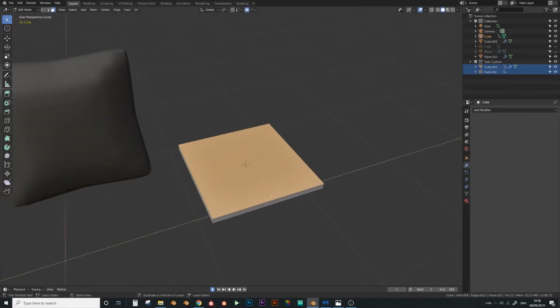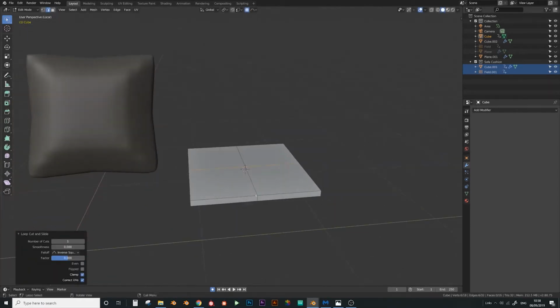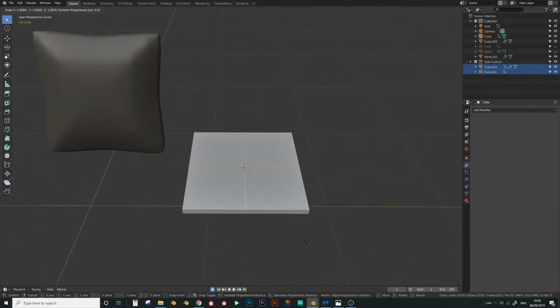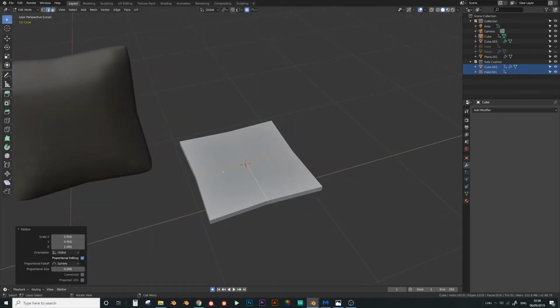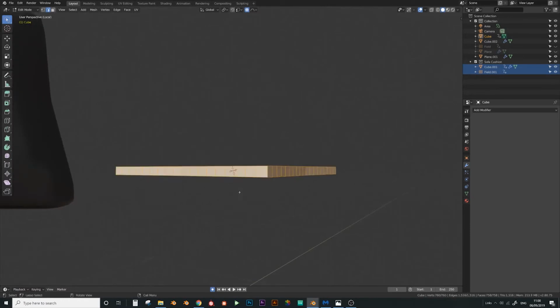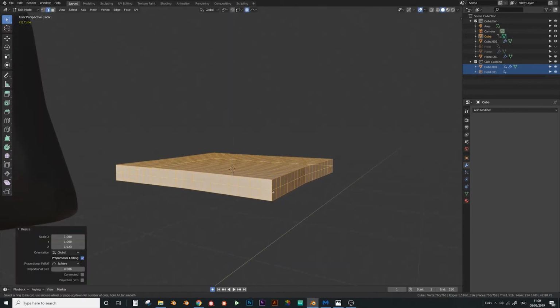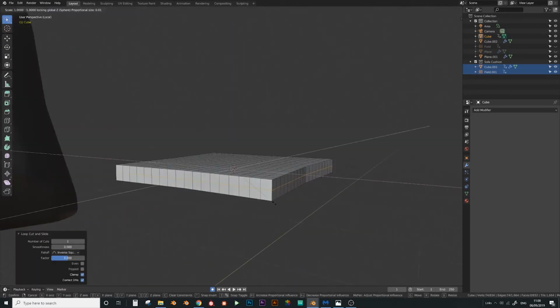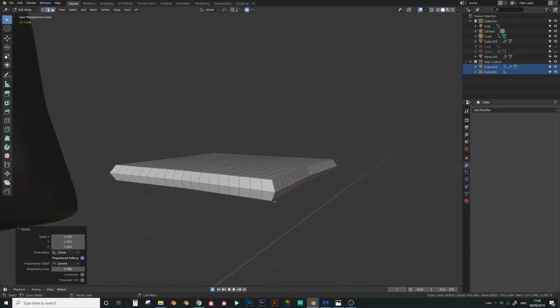go into edit mode and add a cut here and a cut here, and then grab these and press S and then Shift Z to scale them on the Z axis just a little bit, and then add a bunch more cuts now like this. Okay, next step, let's just actually scale it a bit, make it a bit thicker, and add a cut here, and then scale this cut on the x-axis a bit like this, and then do